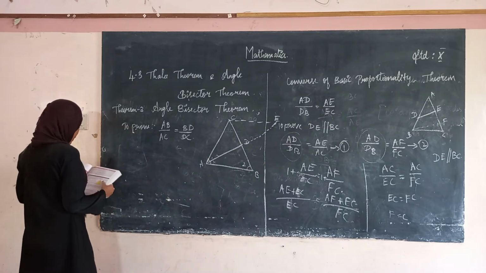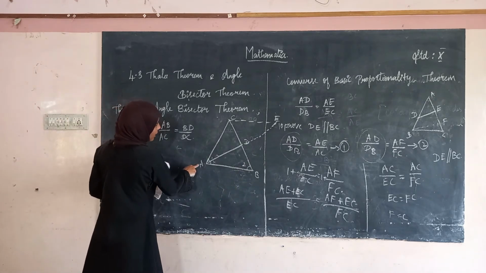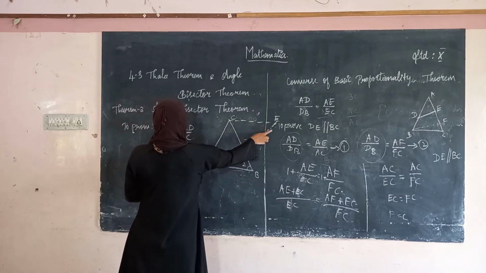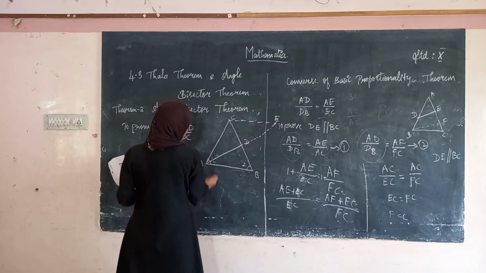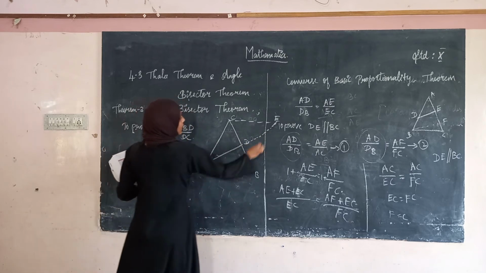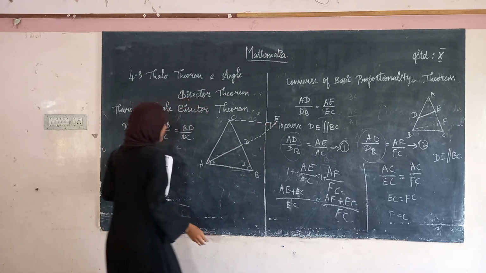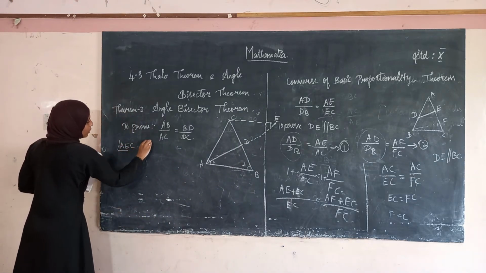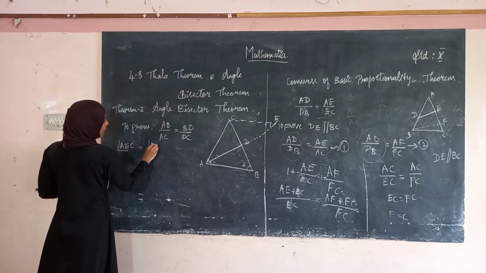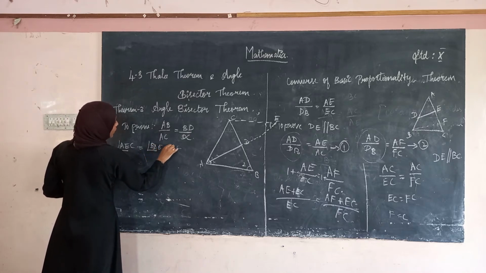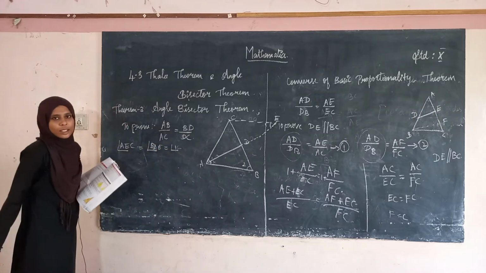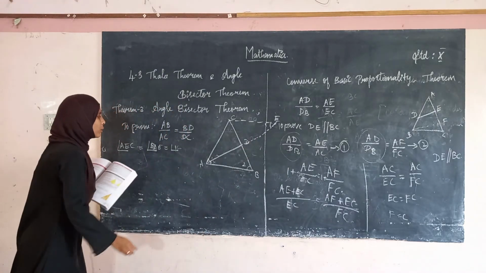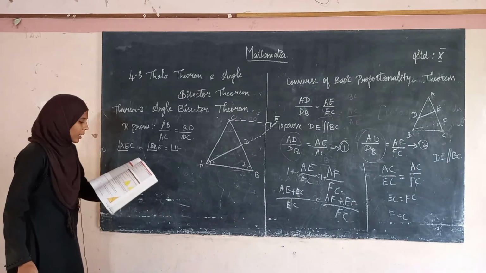Okay, see here the first one, angle AEC will be equal to angle BAE. That is, if this angle is 1, this angle is also 1. That is, angle AEC is equal to angle BAE is equal to angle 1. Why? Now only I said, right, these are the alternate angles. You have to write the reason, because alternate angles are equal.